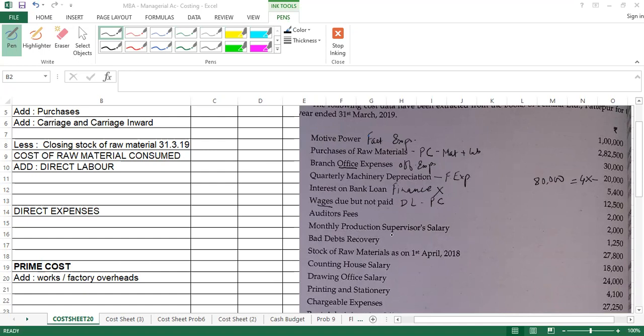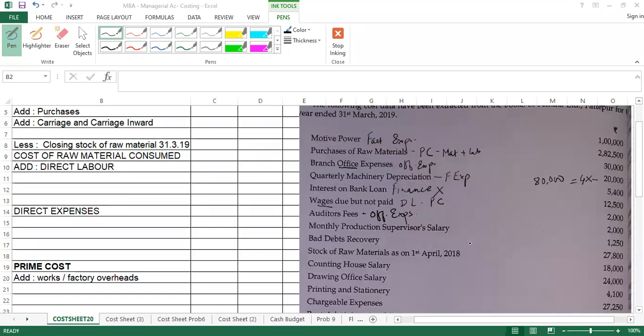Next. Auditor's fee. What is auditor's fee? When you are operating an economic activity where you're planning to earn profit, you have to pay income tax. When you are operating a business and you have to maintain accounts, these accounts have to be re-verified and checked by a chartered accountant. This chartered accountant is going to verify all the records you've maintained, and he will charge fees, and the fees that we pay are called auditor fees. This is not concerned with your factory, this is concerned with your office. So it will go in your office expenses.